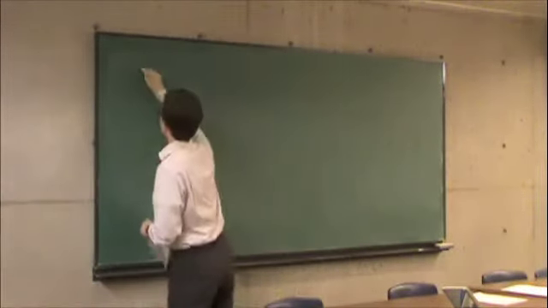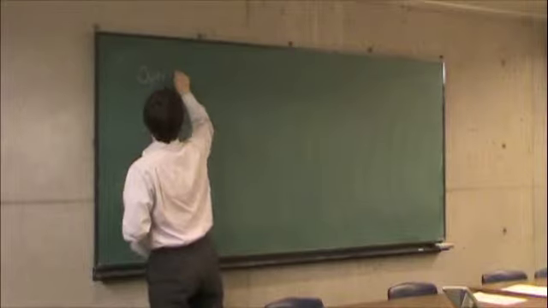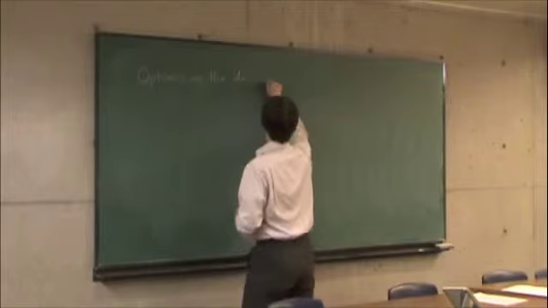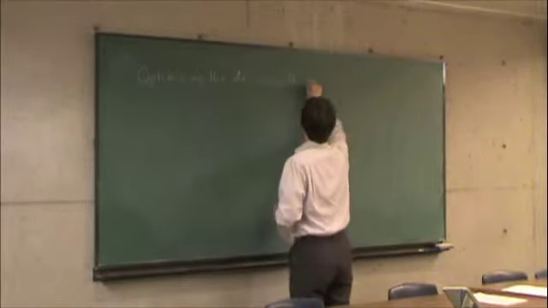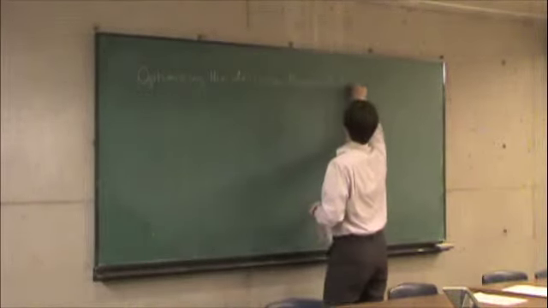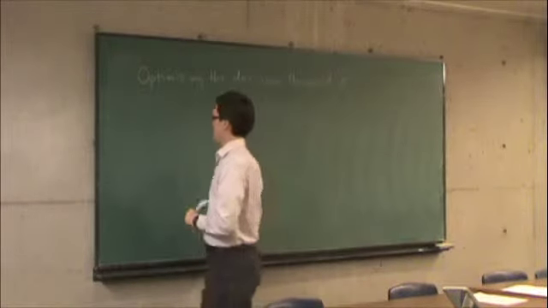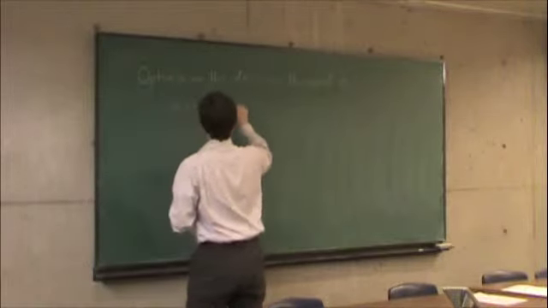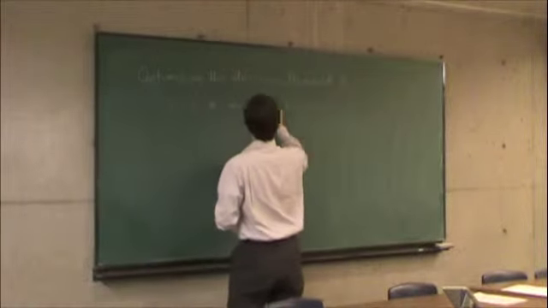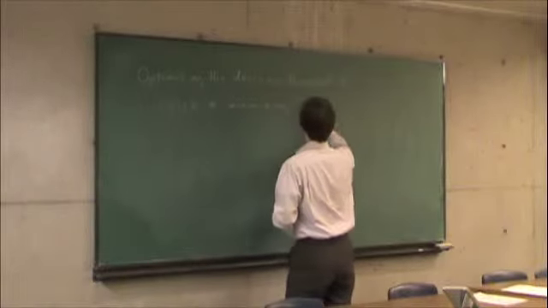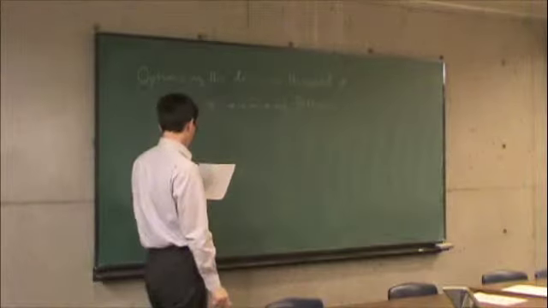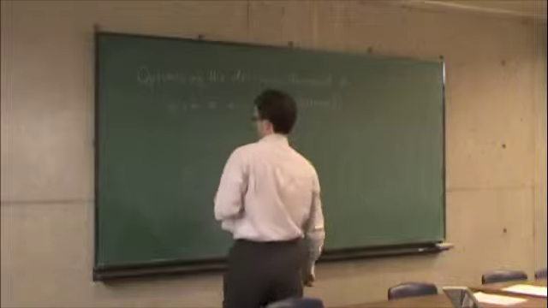Optimizing the decision threshold. So in other words, pick Z. So the idea here is pick Z, minimizing the probability of error. And the point to which we were last time